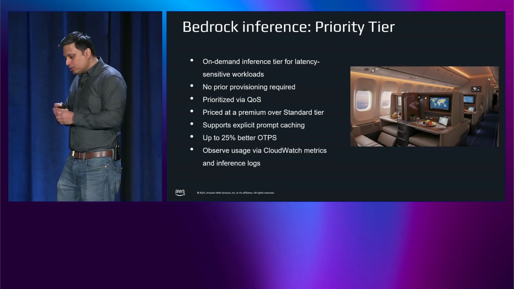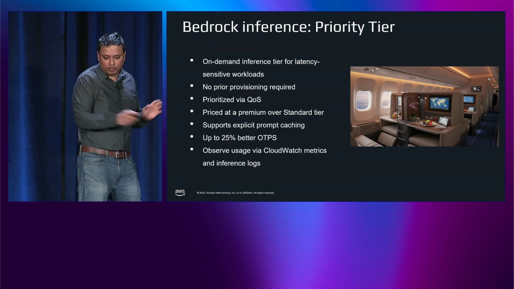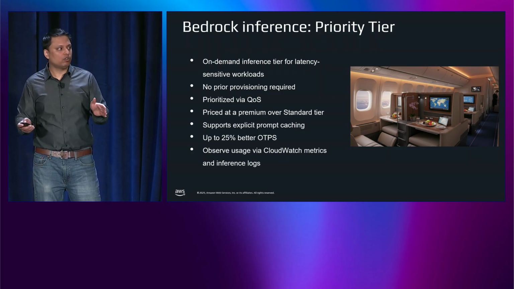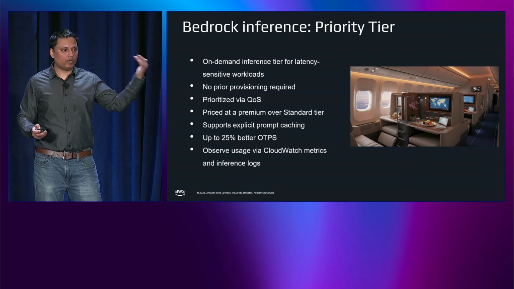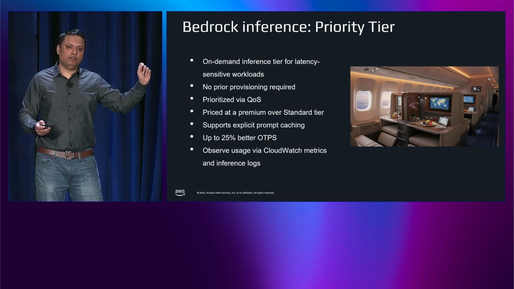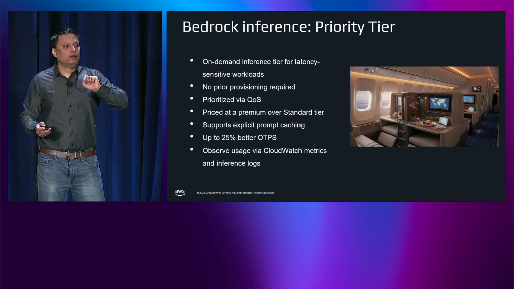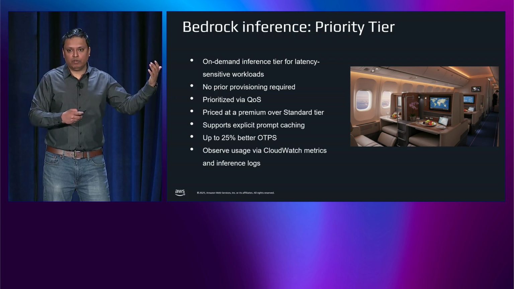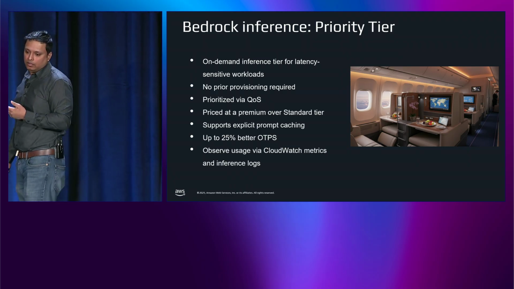Now, priority tier also supports prompt caching. Like I said, it's a wonderful feature that gives you both performance and cost benefits at the same time. The way it works in priority tier is if your token is read from cache, typically there is a 90% discount, and we apply that discount to the premium rate as well. So let's say instead of $1 per token, you're paying $1.75 per token. You get 90% discount on 1.75. So we still provide you the cost benefit of prompt caching.